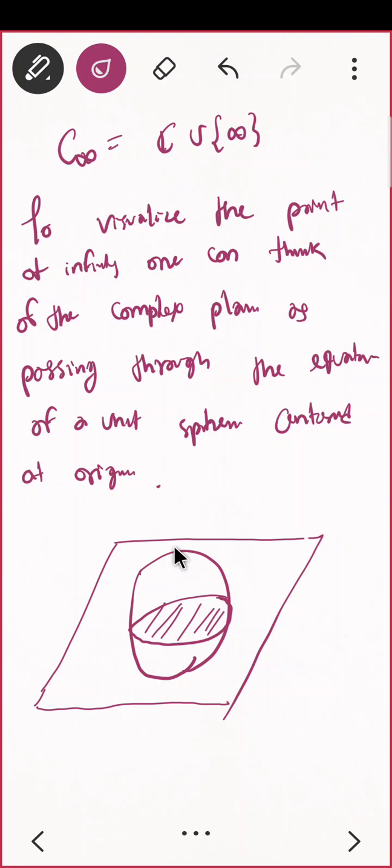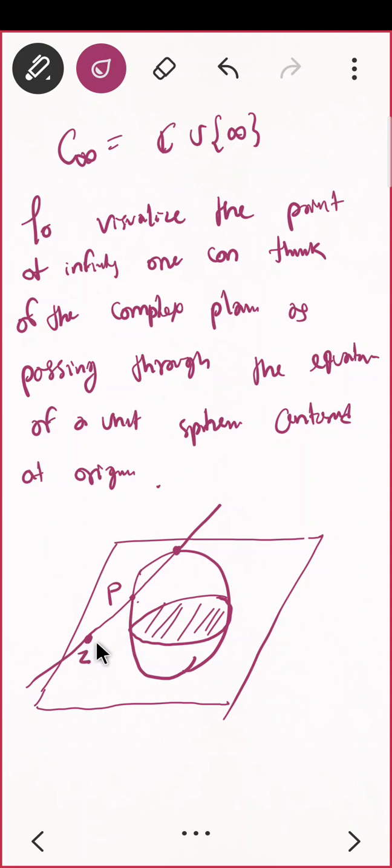This is, suppose, my north pole. Okay, and say any point Z. This is any point Z. So what I want to do, I want to just connect these 2 points. If I am connecting these 2 points, making a straight line, then you will see that there is a point on the circumference, say this is point P. Okay, and this is point Z.